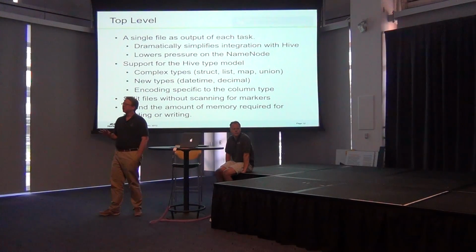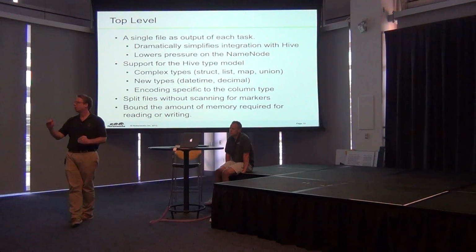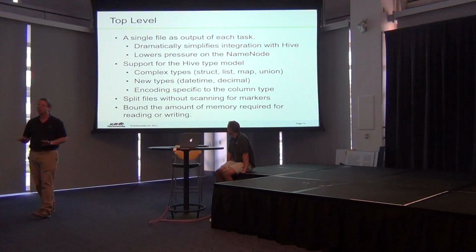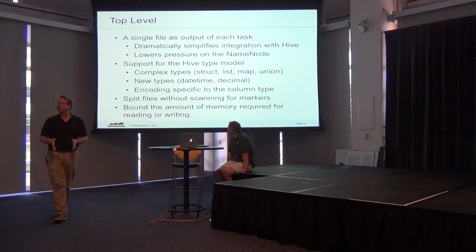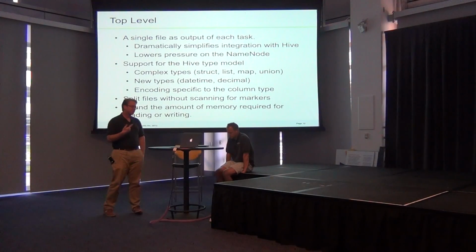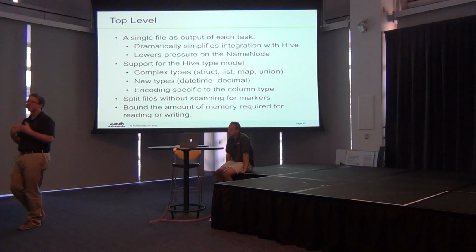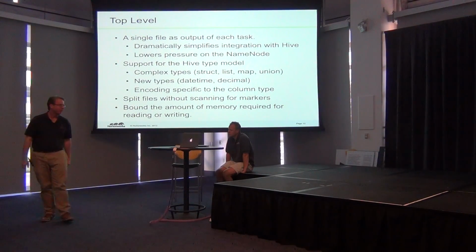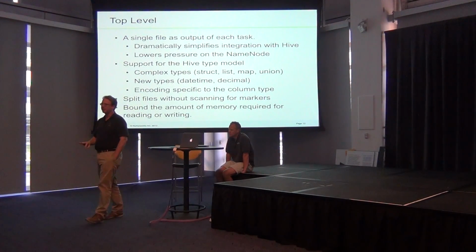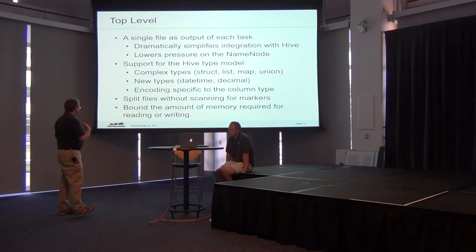So we had a couple of other constraints. The first is that Hive does much better with single files rather than multiple files. There are a lot of reasons for that. Most of them we should fix in the long term, but in the short term, it made it easier. It's a single file for your logical file. It also has this added benefit of lowering the pressure on the name node, because if you create 5 files for every file you create, it means that you've got 5 times the number of files in your name node that have to be tracked. We needed to support all of the Hive types, of course. We needed to support structs, maps, lists, unions, and all the primitive types that are there.